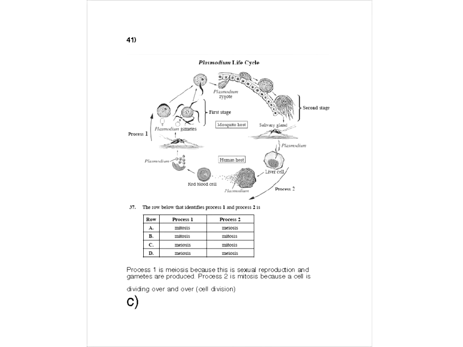Okay, so I appreciate your patience, guys. I know we've gone through quite a few here. So we've got some sort of life cycle going on, and we've got 2 different processes involved. First one here, we can see we're having gametes produced. Okay, so what process produces gametes? Well, we know that's meiosis, right? So process 1 has to be meiosis. So we're looking at either answer C or D.